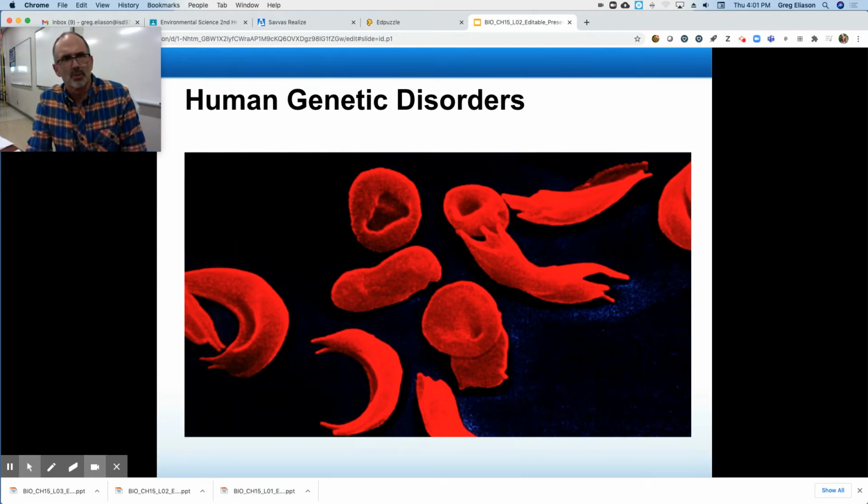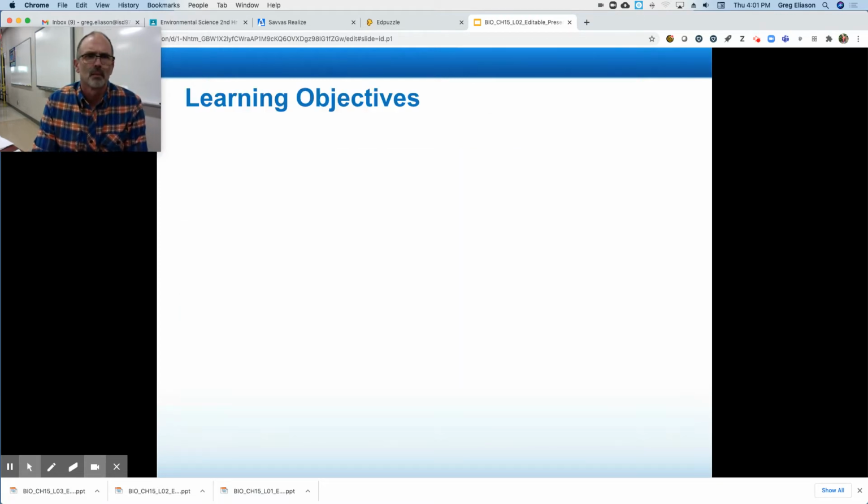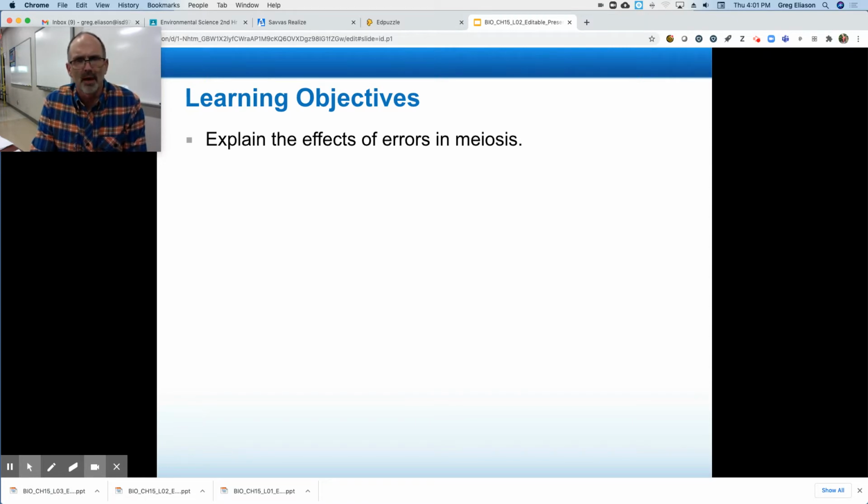Alrighty, we're looking at human genetic disorders. What you're looking at there, you should recognize as a picture of sickle cell anemia. And so those are red blood cells that have been deformed by a mutation. Okay, so we're going to look at a couple of ways that errors happen in genetics, and one would be